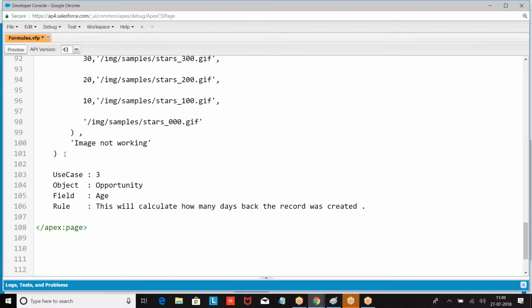But I want to find the number of days. So what should I do? First convert date value of, this will give you what? Date value of date and time. Created date is a date and time. I don't want a date along with the time. I want only date. So date value of created date. It will give you on which date the record was created. Then today's date. So today minus date value of created date. So every day the count will increase. I hope you are good with this.